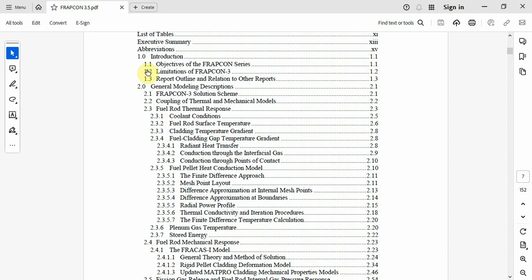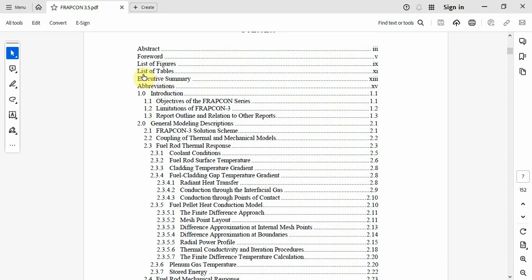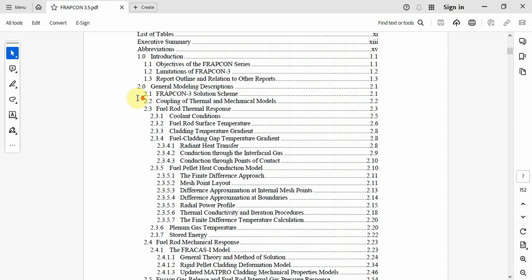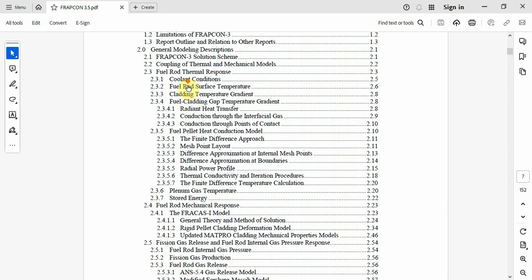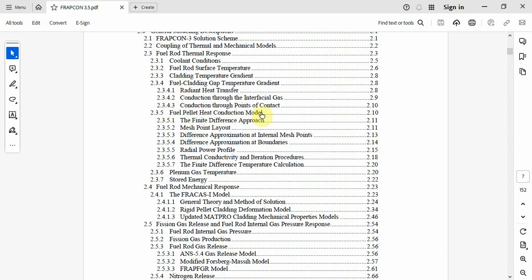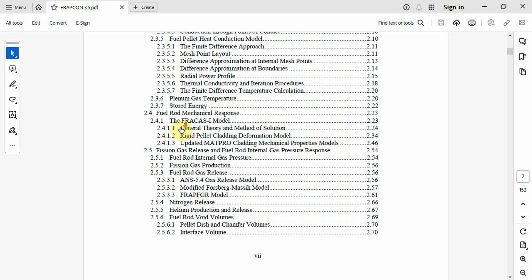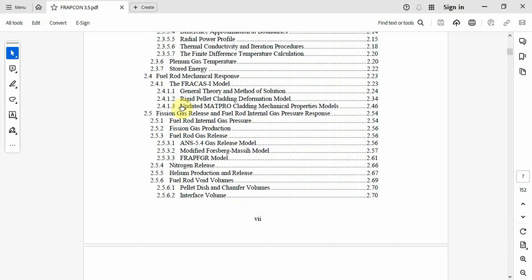First of all, as you can see here, the objectives of the FRAPCON series, limitations of FRAPCON-3, and as I mentioned in these PowerPoints, the report outline in relation to other reports, general modeling description, and here the section related to fuel rod thermal response, fuel pellet heat conduction model, plenum gas temperature, stored energy, fuel rod mechanical response, and some